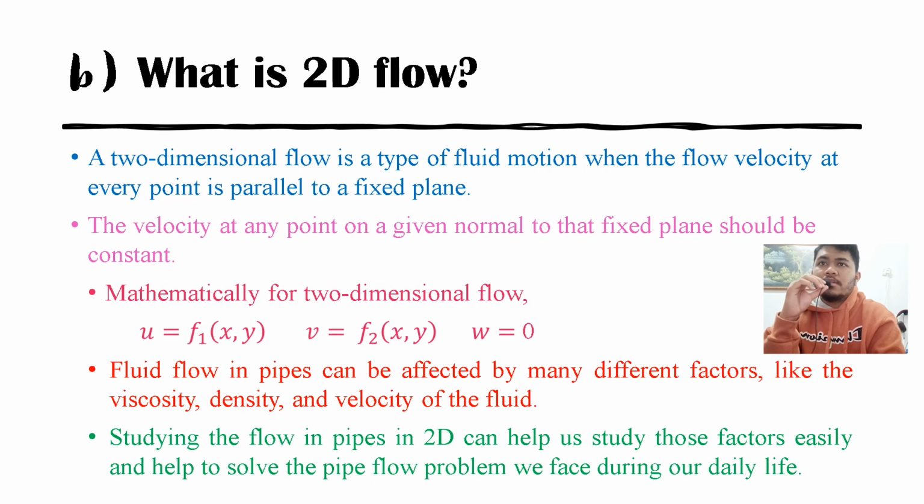Then, what about 2D flow? 2-dimensional flow is a type of fluid motion when the flow velocity at every point is parallel to a fixed plane. The velocity at any point on a given normal to that fixed plane should be constant. Mathematically, for 2-dimensional flow, written on the slide,